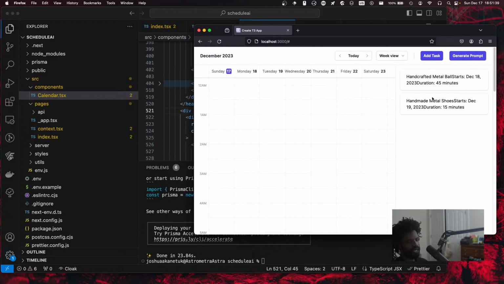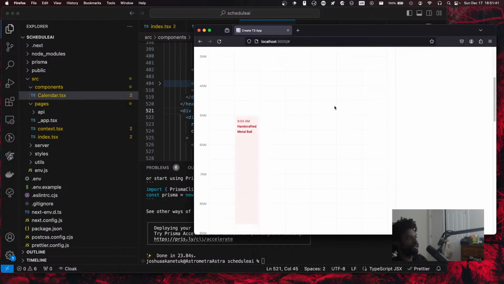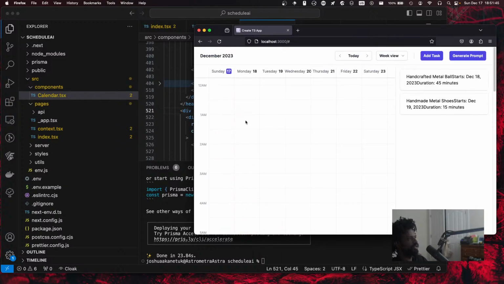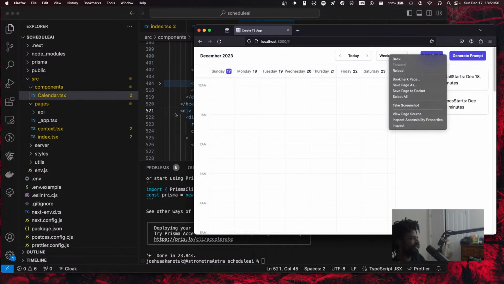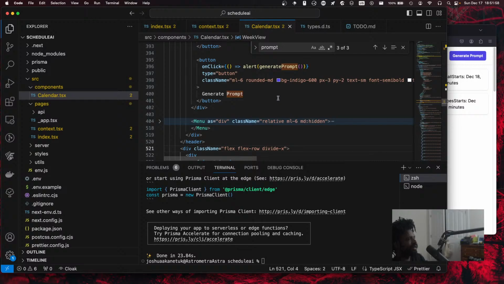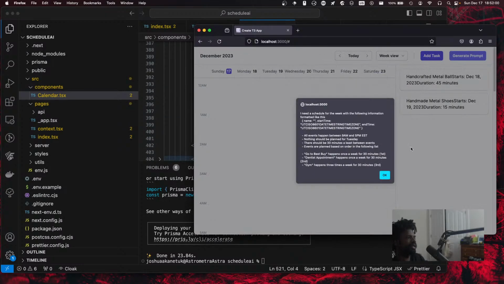And then we should get events that are pending. So we might have to componentize this too. Some of the stuff that we've created, like this, like when we